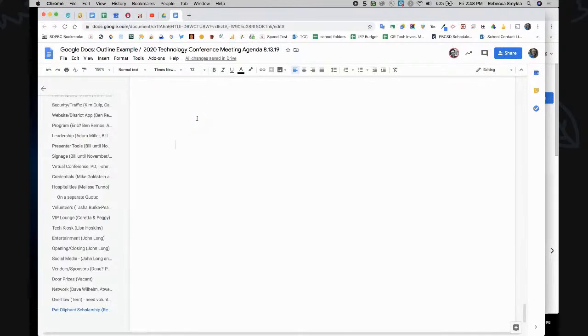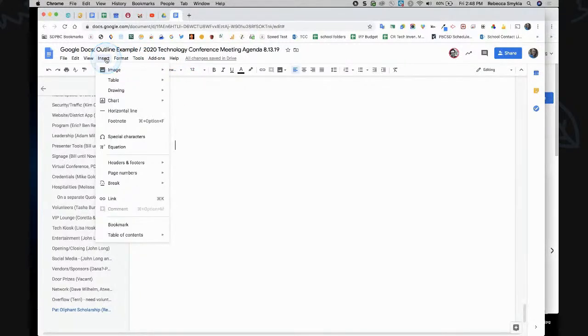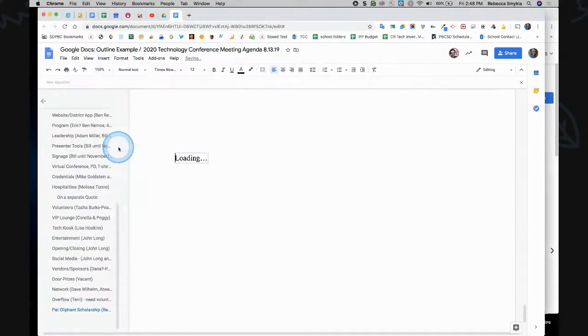And what else am I supposed to show? Equations. So I'm just going to go ahead and put it out there. I'm not a math person, so don't judge me. But I am going to show you how you can put some equations in there straight from your insert/equation. So now that loads, and I can do A